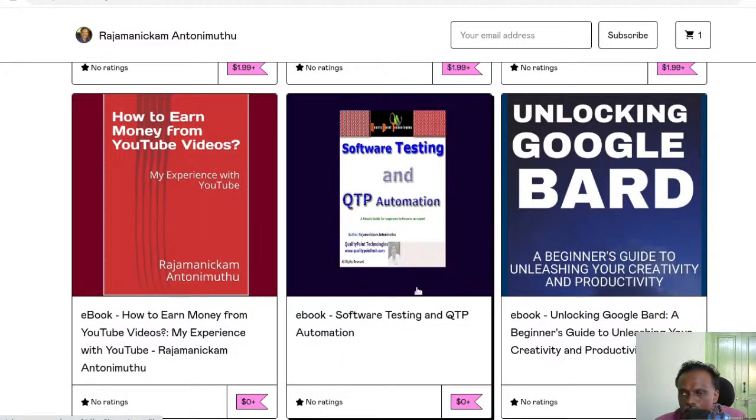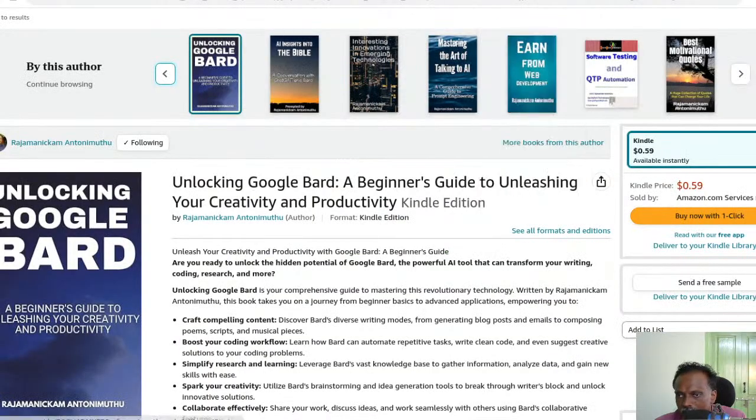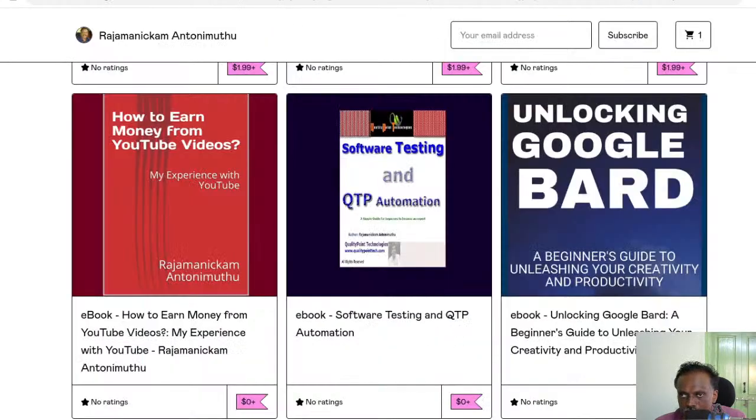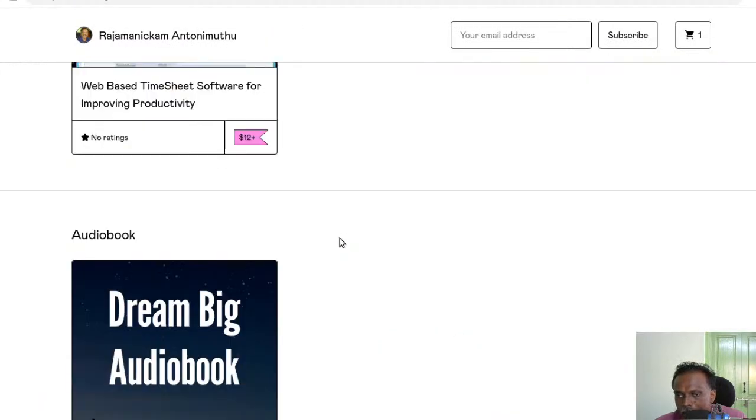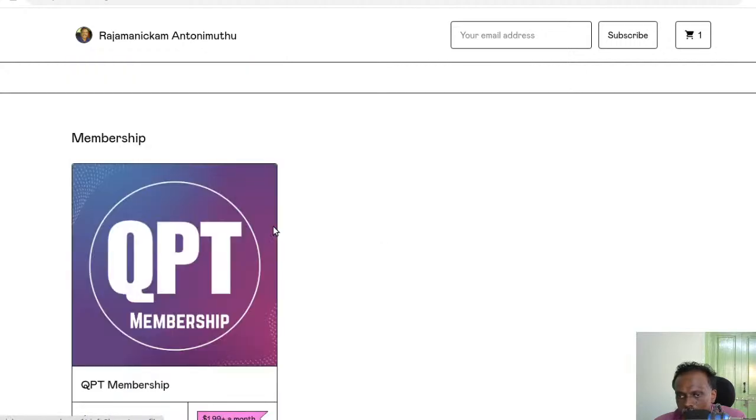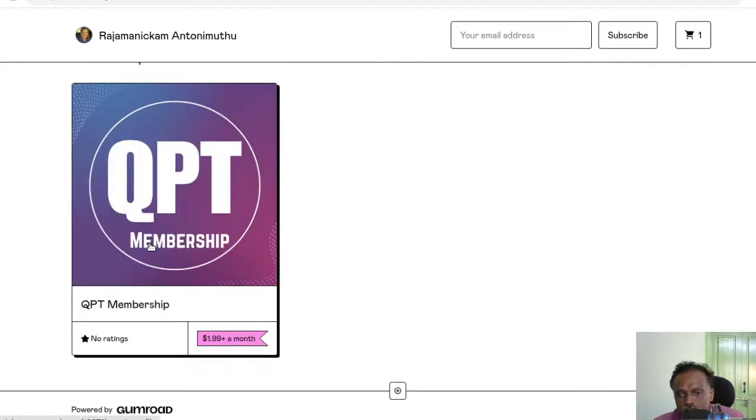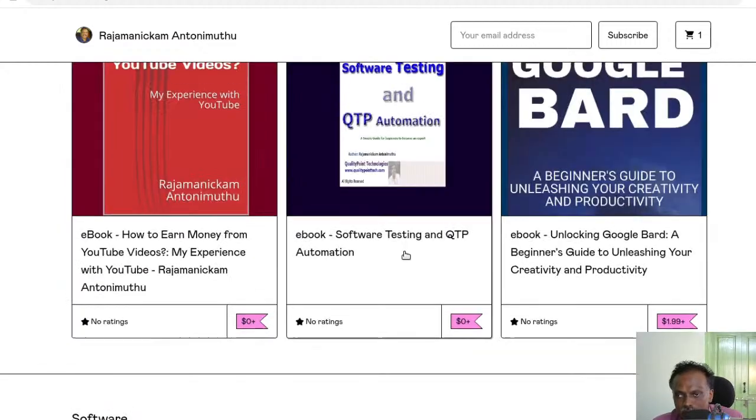This book, Software Testing, is a bit outdated. I published it in the year 2010, but still some people are buying it from Amazon, so I thought of including it here also. There is an audiobook also. And this is the membership, so I'm taking the initiative on membership programs. As an affiliate, you can earn from all the product sales,